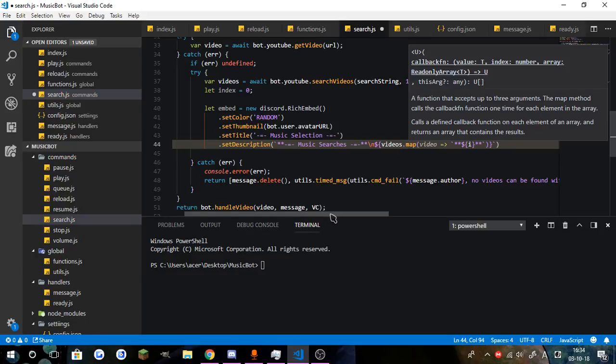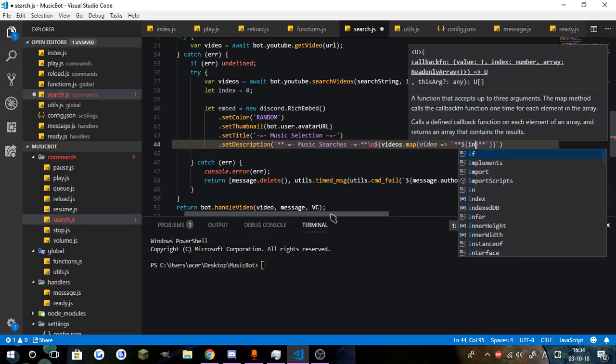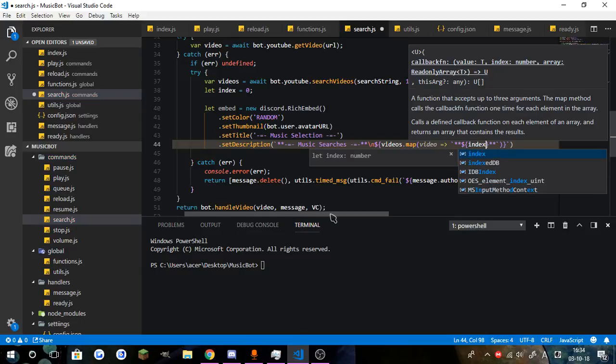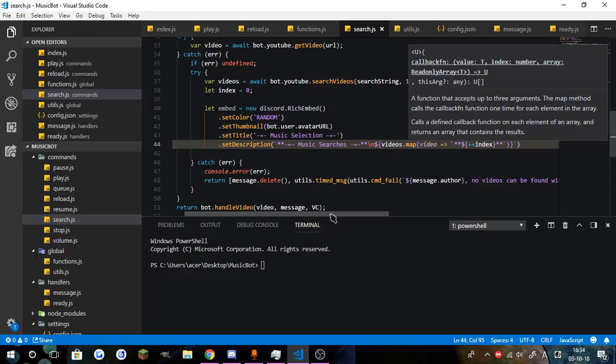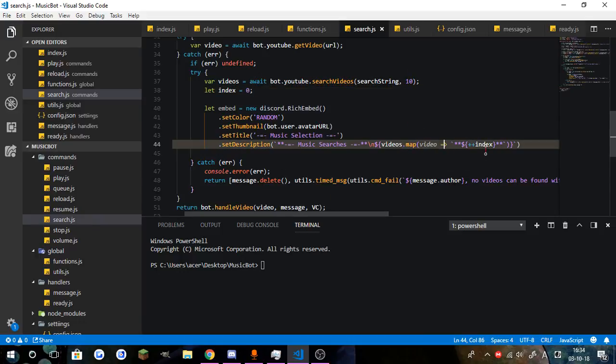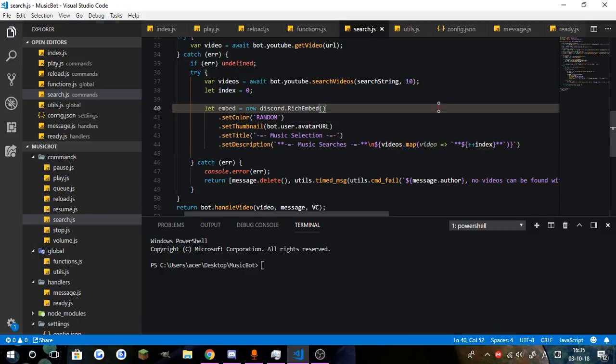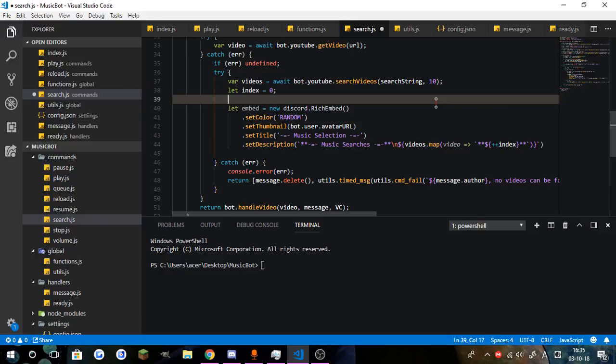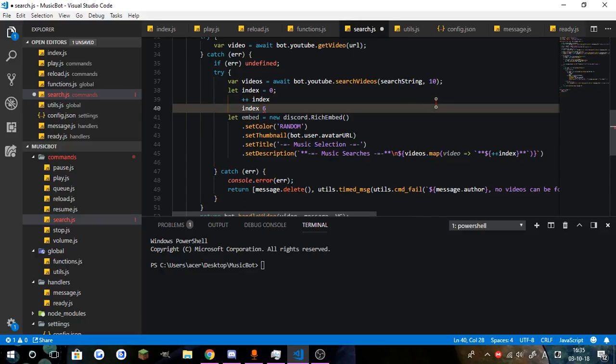It's index, so we can do plus plus. No, we want to output first. We want to plus and then output, and not output and then plus, because we start from 0. So plus plus index. The difference between plus plus index and index plus plus is